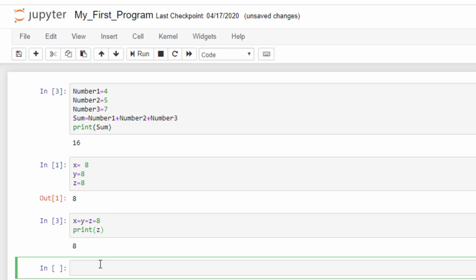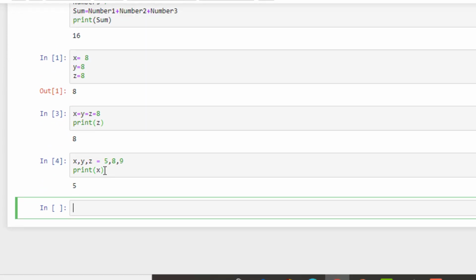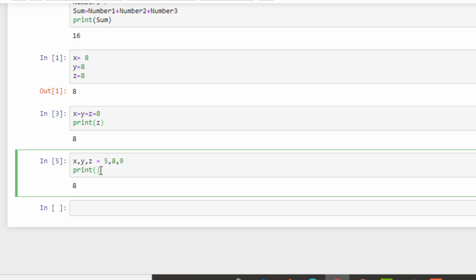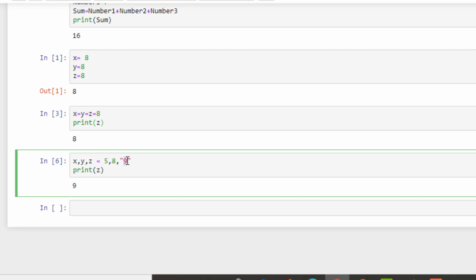Now if I want to assign multiple values to multiple variables in a single line, like x, y, z equal to 5, 8, 9. Is it possible to assign values to three different variables in this way? Let's find out. Print x. Yes, it is printing. Print y. Yes. Print z. Yes, it is printing. What if I want to assign some string? Let's say Python. See, it is printing. So this is all